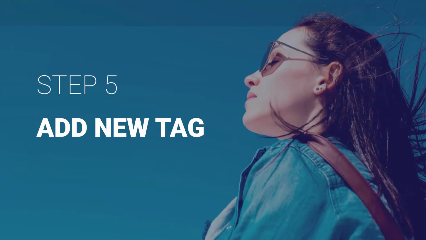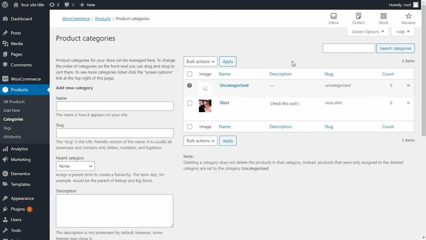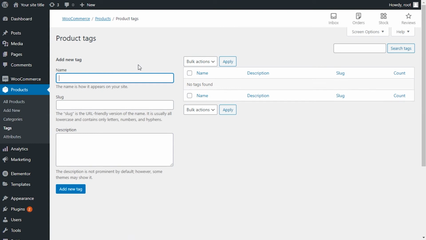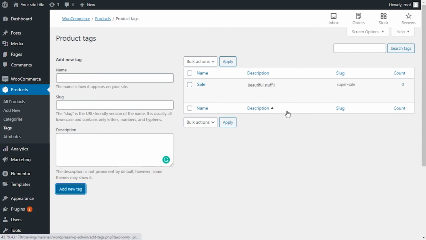When creating your products, don't forget to add tags and attributes. Just like tags on your normal post, product tags are pretty much the same. They offer another way to navigate your products outside the category. To create a new one, click Tags, just behind Categories in the Products section. Same as the category, you can name your tag, add a slug, and description. Click Add New Tag, and now you've got a new tag for yourself.